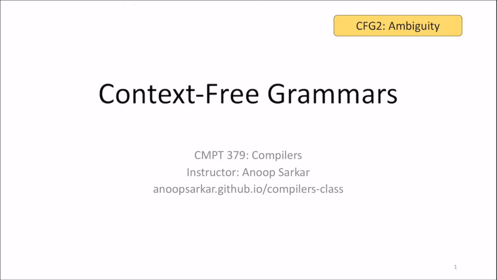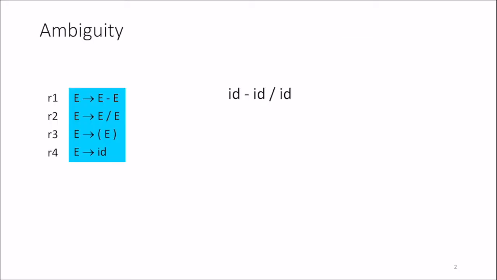In this second video lecture about context-free grammars, we're going to talk about this problem of ambiguity in a context-free grammar. So we've seen this kind of grammar before in the first video lecture. The only difference here is that instead of multiplication, I'm using division just for a change. And this grammar here, its start symbol is E. There's only one non-terminal, and you can see that it does subtraction and division, and you can put brackets around